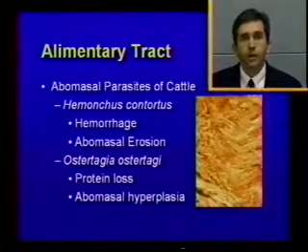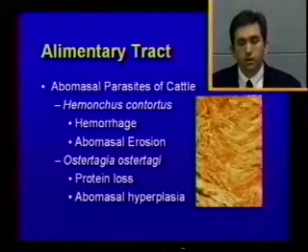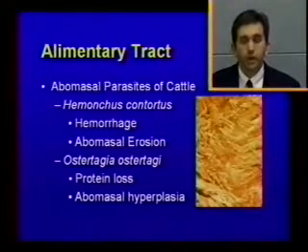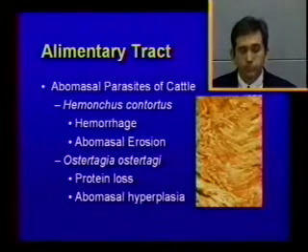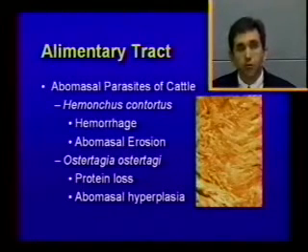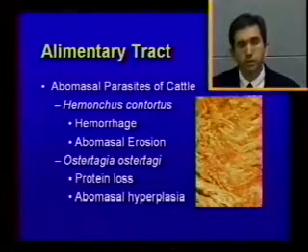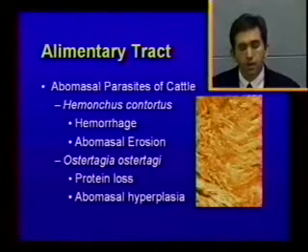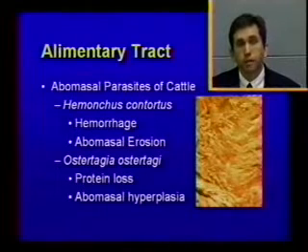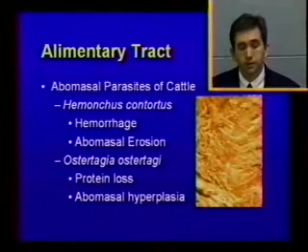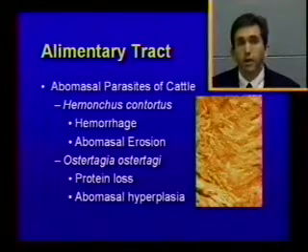Moving now to the alimentary tract, I want to discuss some very important parasites of cattle. The first of them is Haemonchus contortus. This is a nematode, also known as the barber pole worm because of its appearance grossly, that causes severe hemorrhage and erosion in the abomasum. So this causes blood loss in the intestinal tract. And then another nematode of cattle, of the abomasum,